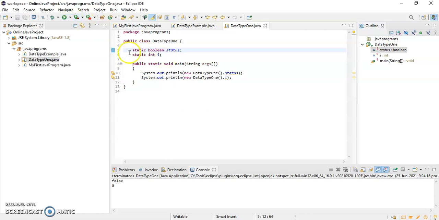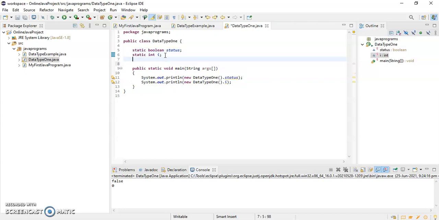Because these are class variables. What is a class variable, what is an instance variable, what is a local variable, that we will see later briefly. But as of now just remember, if you are declaring any local variable, that means if you are declaring a variable inside a main method or any method, it has to be initialized. If you are not initializing, then it will throw a compilation error. But if you are declaring any class variable or instance variable, and you are not initializing, then it's fine. One default value will be assigned to those variables.